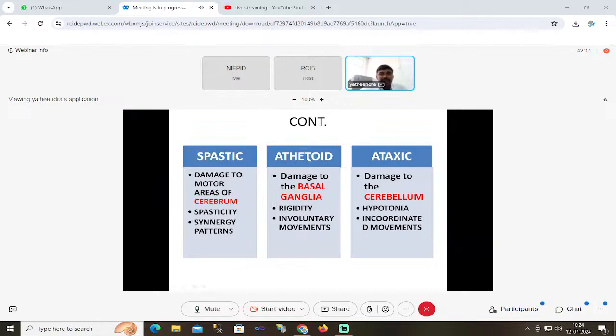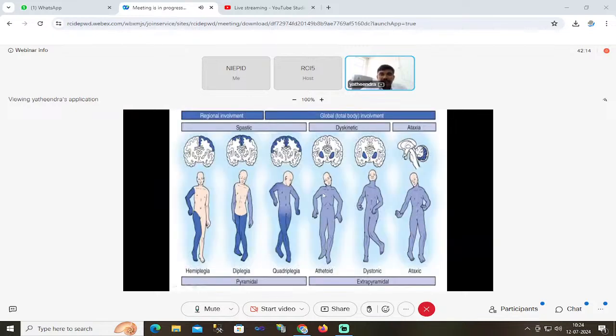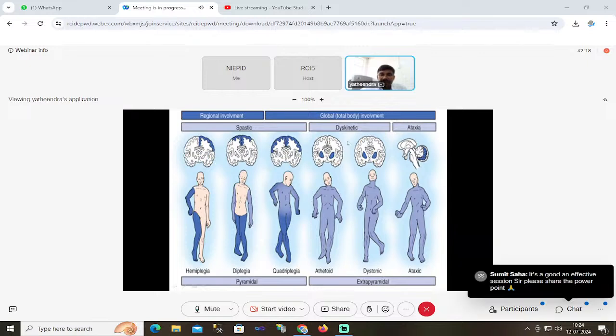Okay. When you come to athetoid, there is damage to the basal ganglia. So these are the areas of the basal ganglia, the areas of the brain where